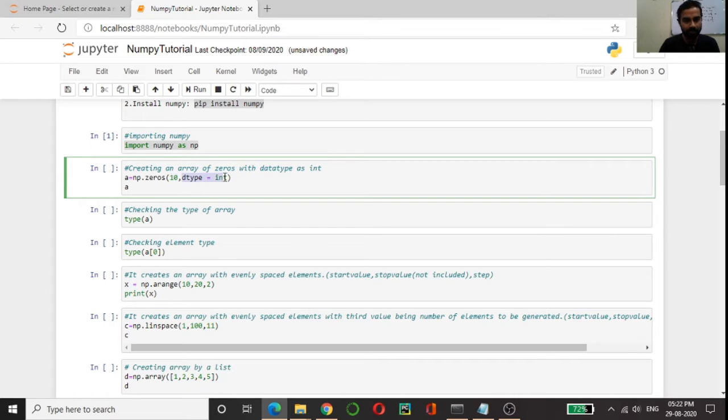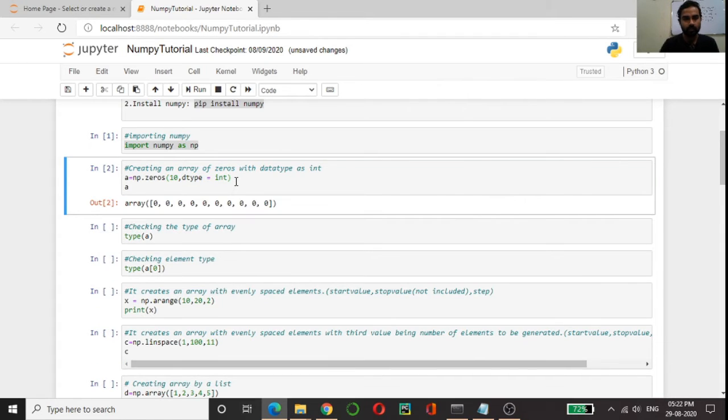So in this particular line, it will give me 10 zeros with the data type as int. As you can see, we have got an array of 10 zeros with the data type as int.